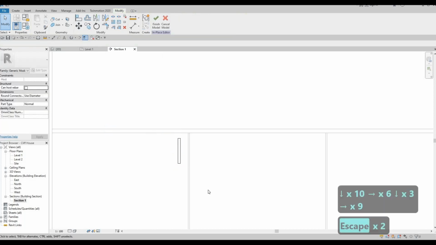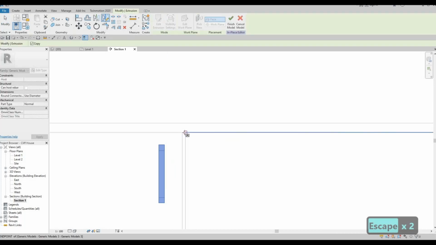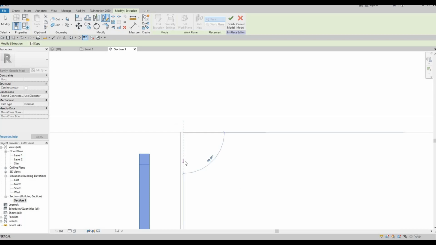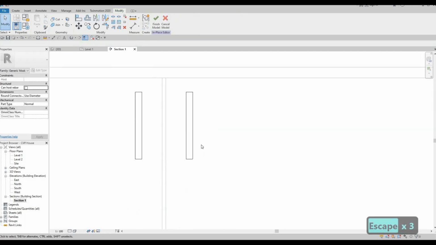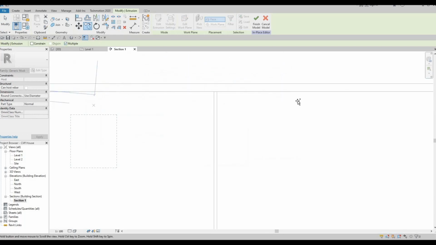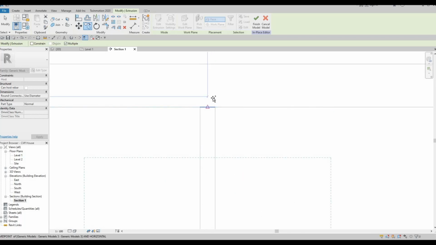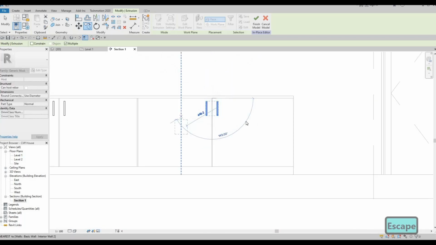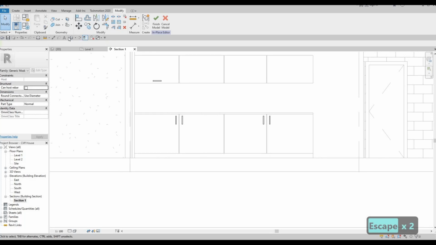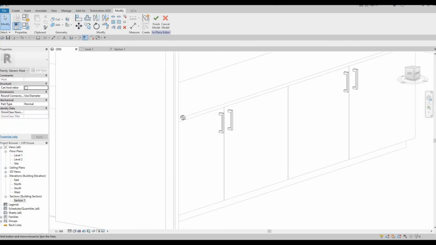So I'm happy with this location. I could just mirror this one on this midpoint, and then I'm gonna copy both of this. I'm gonna select this midpoint so that I could just add this one on this midpoint as well. So now that's good. We could check it here,